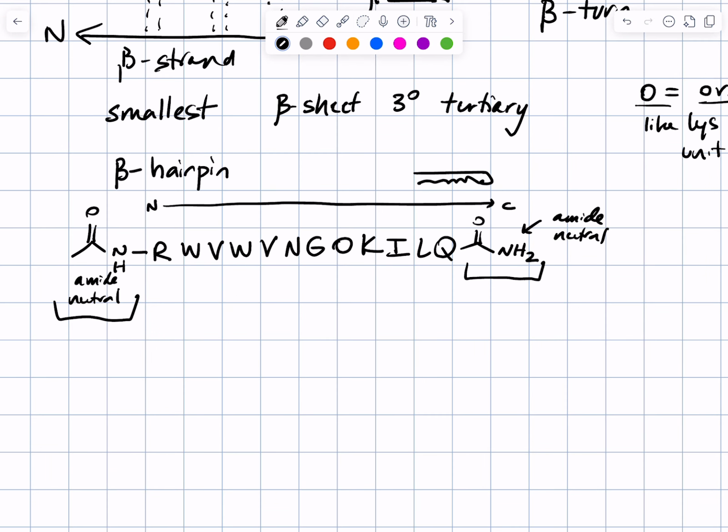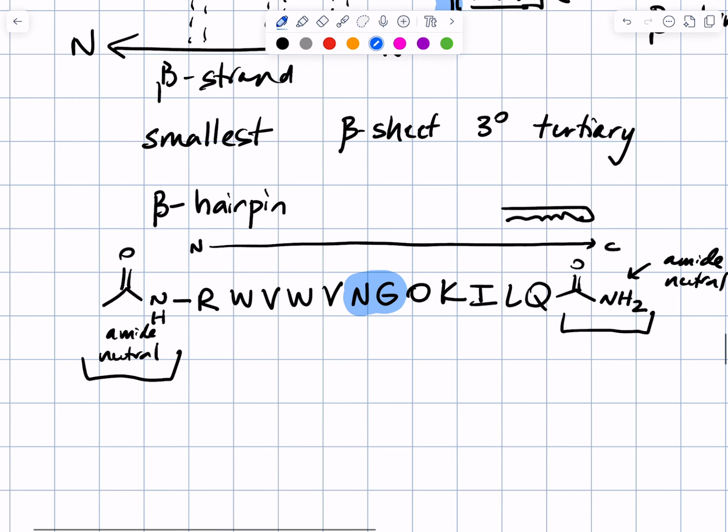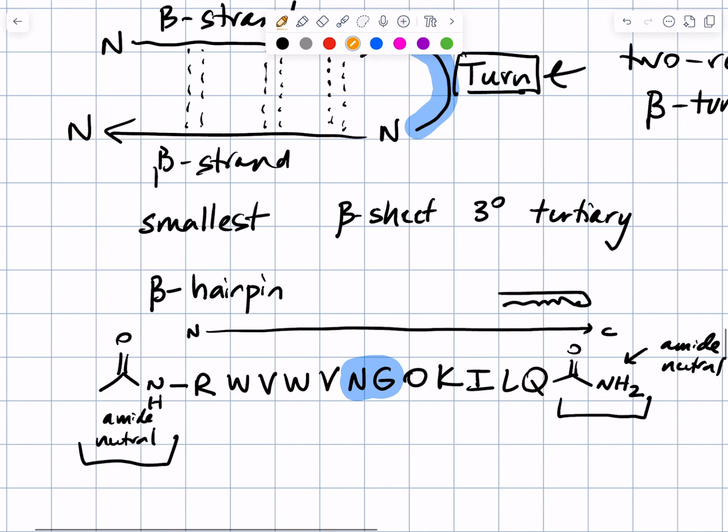I'm going to show you the two amino acids that are involved in the turn. They are N and G. Do you remember when I told you that G was more flexible than the other amino acids because it doesn't have a side chain? G is often found in turns because of its flexibility. It's able to adopt conformations that some of the other amino acids can't. This part from